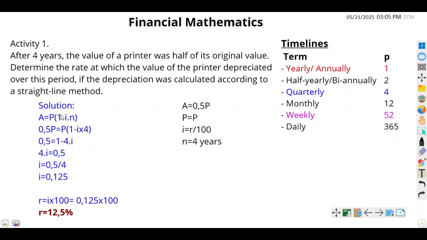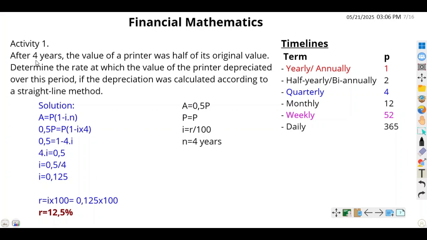Okay, remember that. So now they are saying we must calculate what? They need us to calculate R, the rate, the interest rate, if the depreciation was based on a straight line method over that period. And the period is 4 years. You see that, right? So what do we know? We have A,